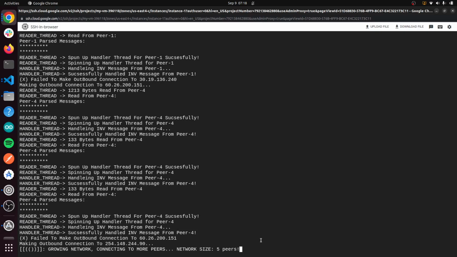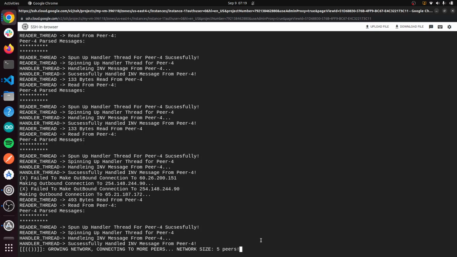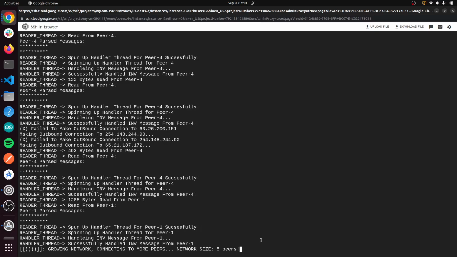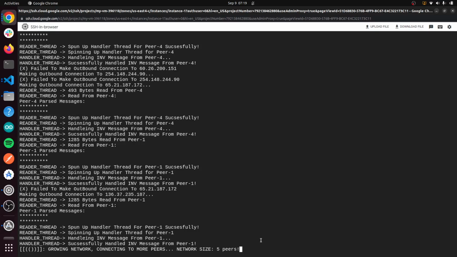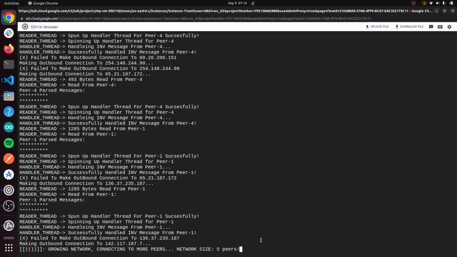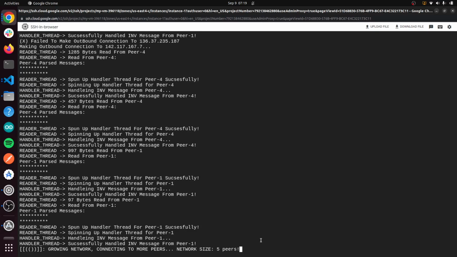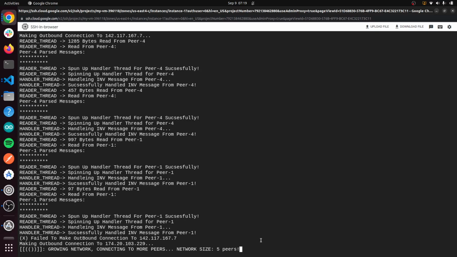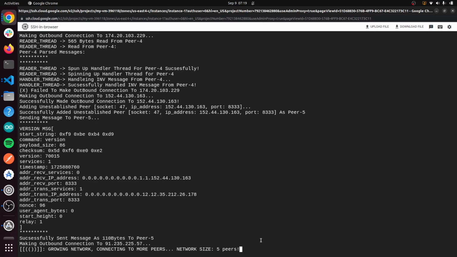Might end up fast forwarding some of this. But yeah, so the reader thread, the handler thread. We're trying to make an outbound connection somewhere else. So we keep getting INV messages.